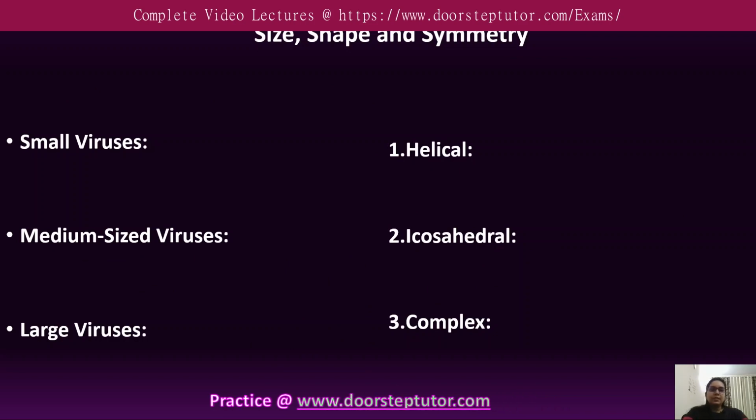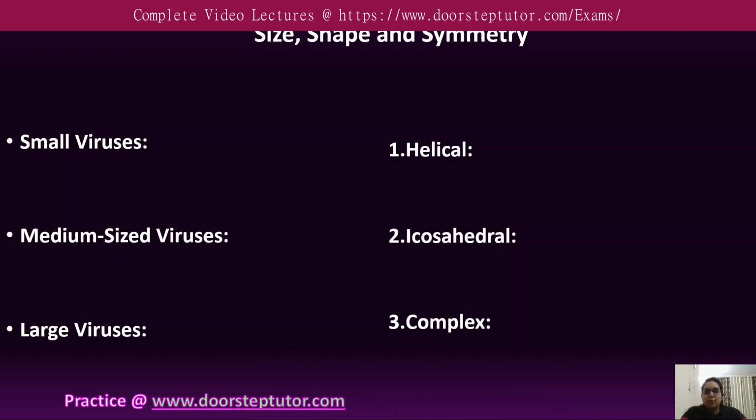Now let's understand the size, shape and symmetry of viruses. Basically, viruses come in three sizes: small, medium and large. The small viruses can be as small as 20 to 30